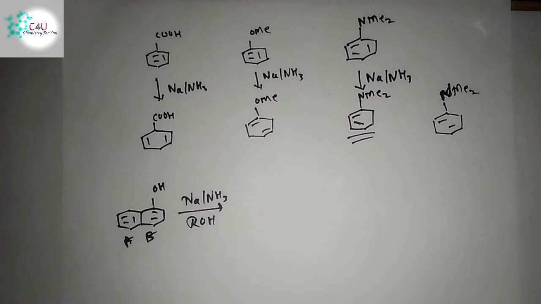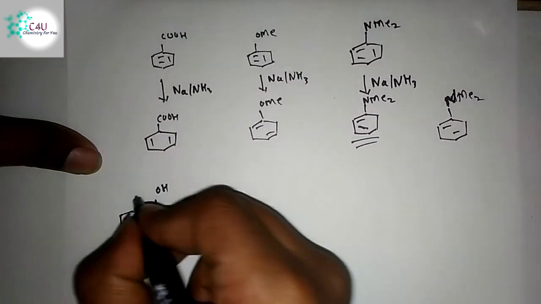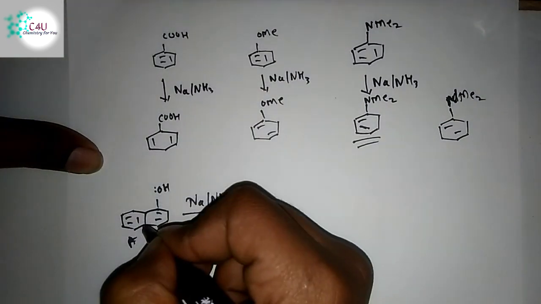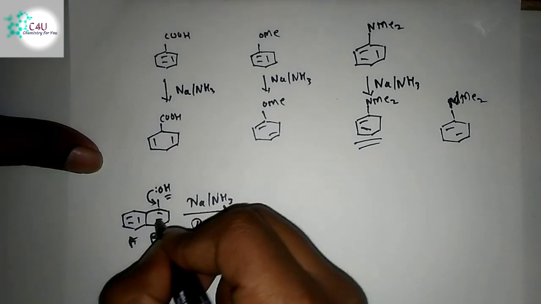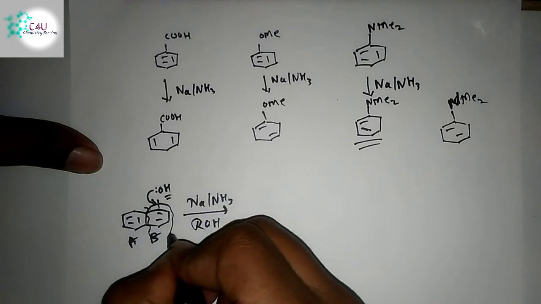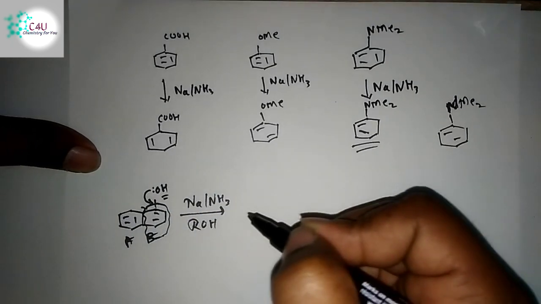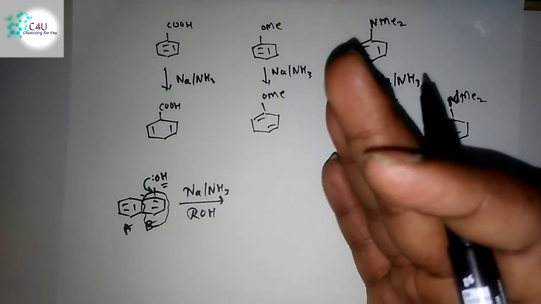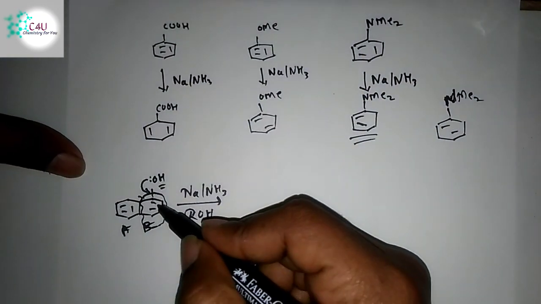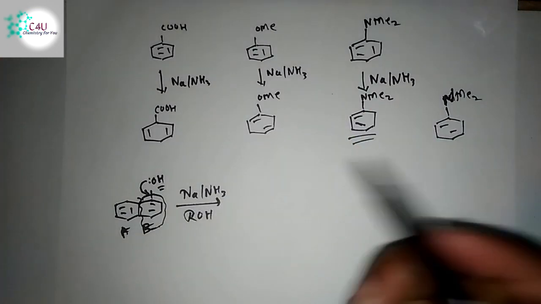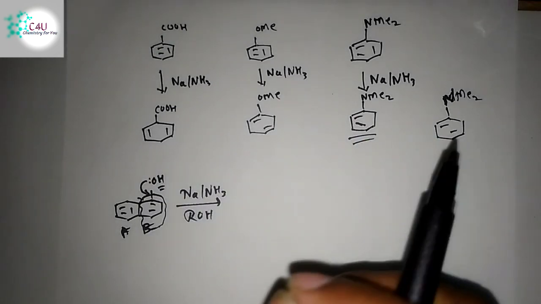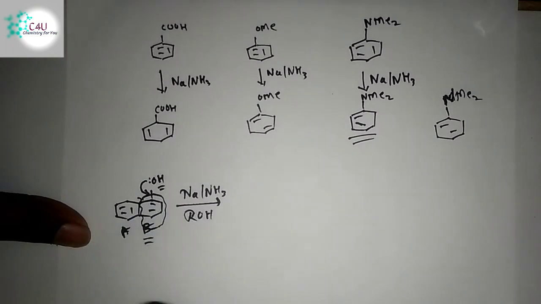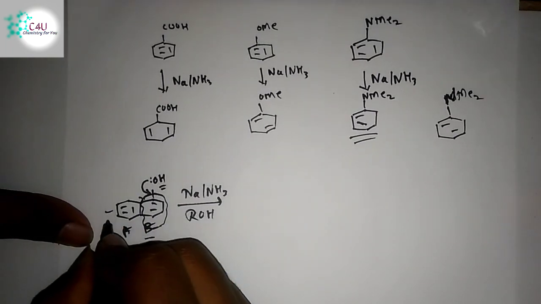Then how to decide which would be reduced? Here an OH group is present, which is an electron donating group. The resonance of this OH group makes this ring electron rich. That means the electron clouding of this ring becomes more, and as in Birch reduction the incoming electron is going to approach your ring, there needs to be an electron deficient space, an electrophilic center in your ring. In the B ring, that is not the case, and hence this ring only gets reduced